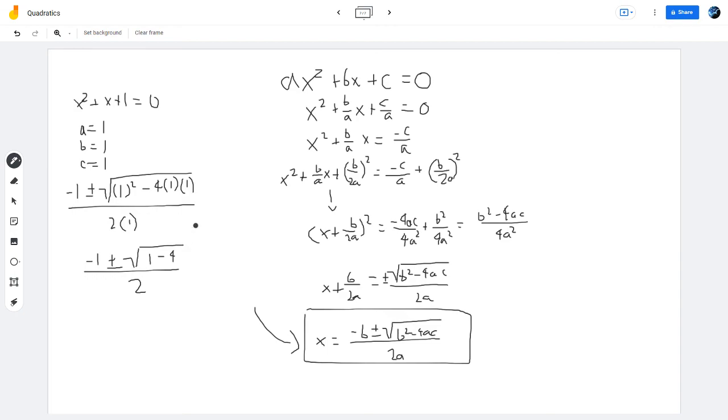And you'll see that this is not actually factorable because you have the square root of 1 minus 4. And this is going to result in the square root of negative 3. And if you don't know about imaginary numbers, this is going to be imaginary, so it is not the kind of solution we're looking for. However, if we switch this to negative, right, if we switch this to x squared minus x plus 1, all of a sudden,